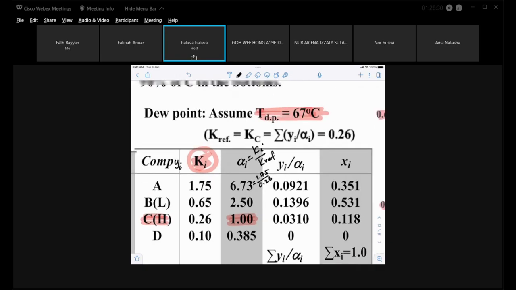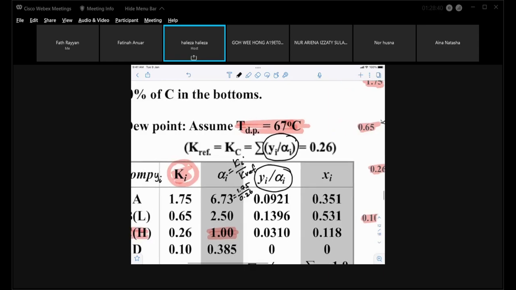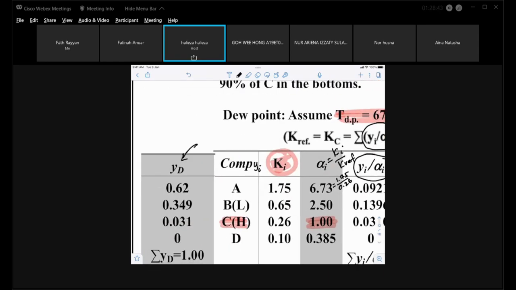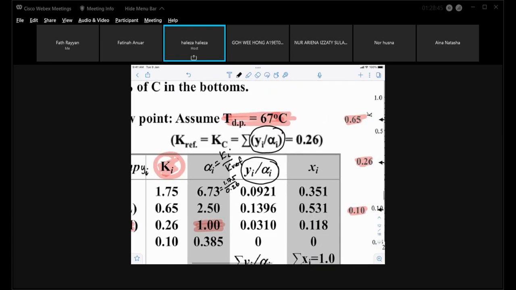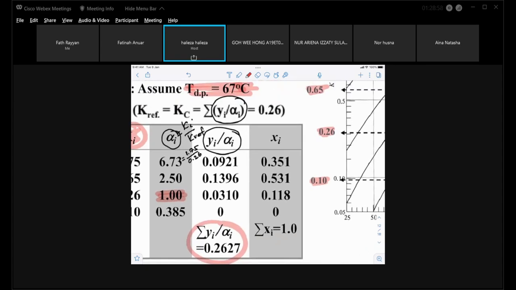Now, because my equation specified the one we got just now for the dew point, I will get this column here. My composition is this value divided by the alpha value, which is this value here. So I will have this column. When I do the summation, this is what I get. I must get this value for K reference. In this case, my K reference is Kc. So if I do the summation,